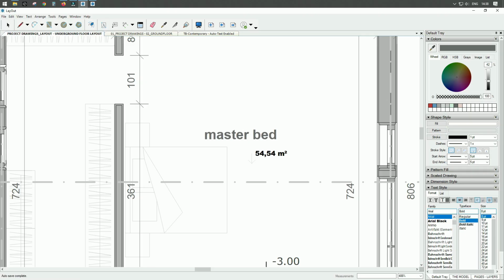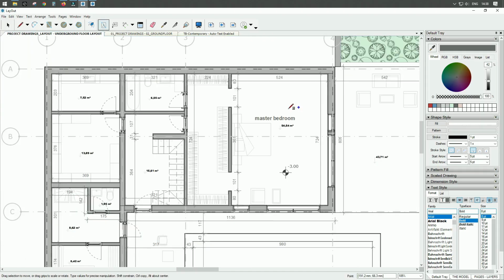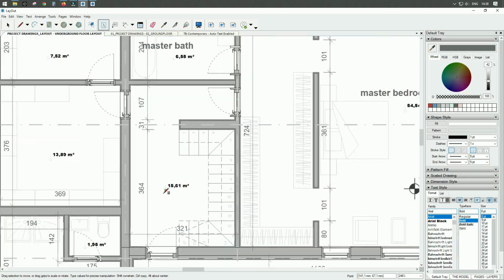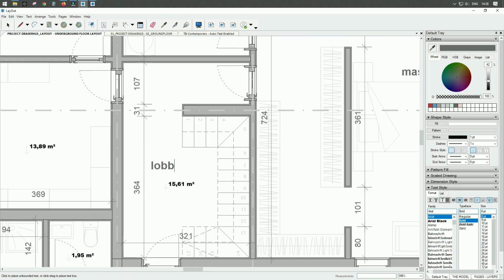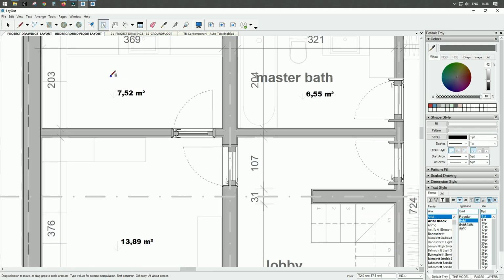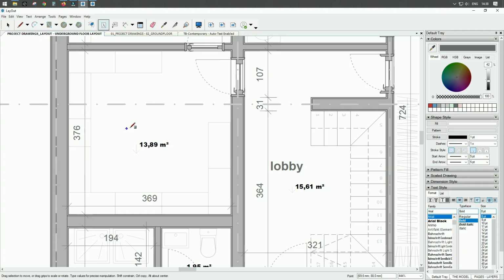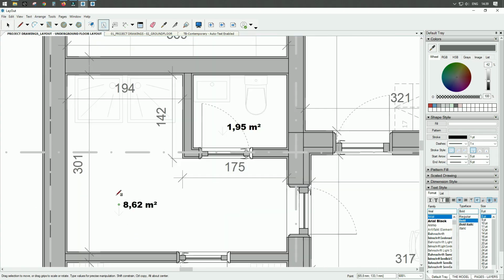and this is our master bedroom. It will be our master bath, and this is a lobby, laundry, and this was a storage room, this was spa,